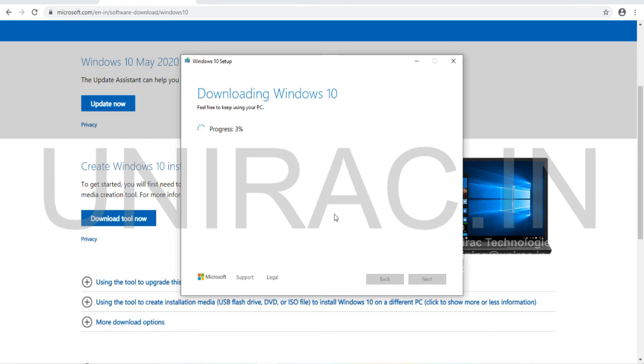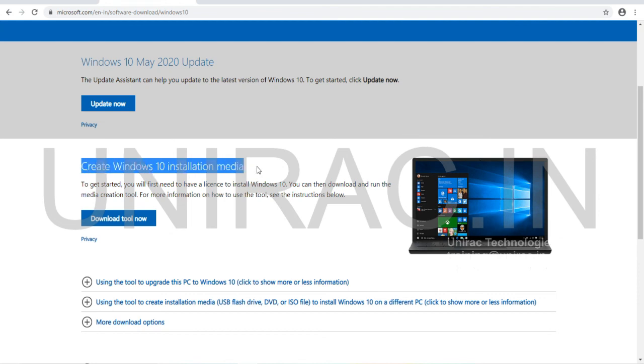The new latest Windows 10 version is ready to install after download. So this image tool, the media tool, can help you download easily from Microsoft.com. Okay guys, done with creating an image file and USB file. So these steps can help you create your image file and you can install it on your machine. Thank you all.